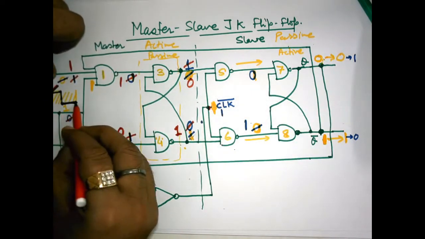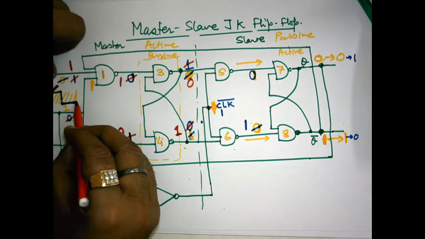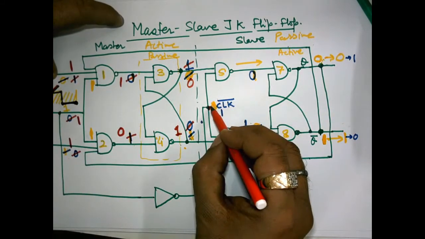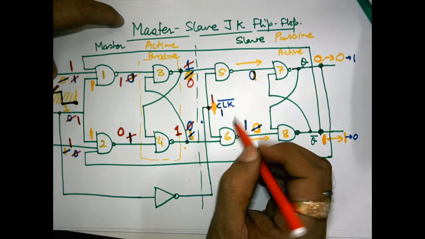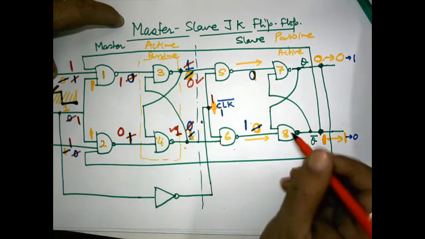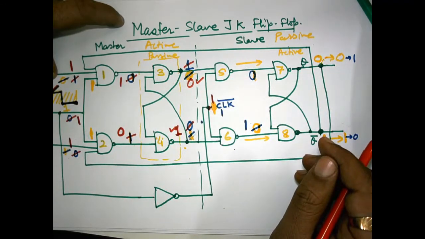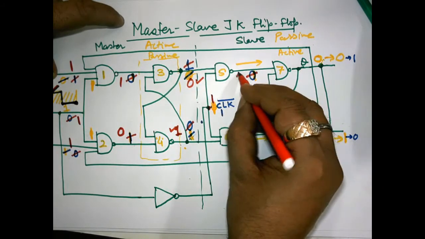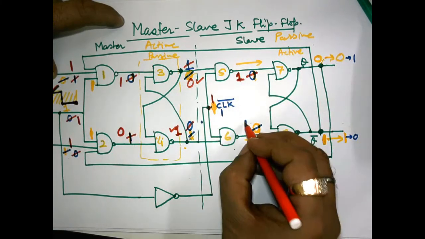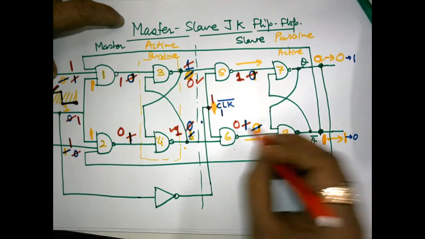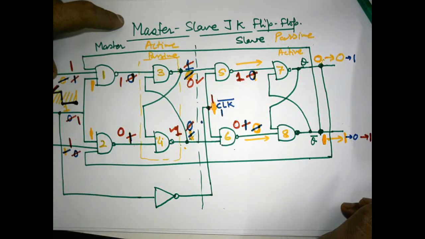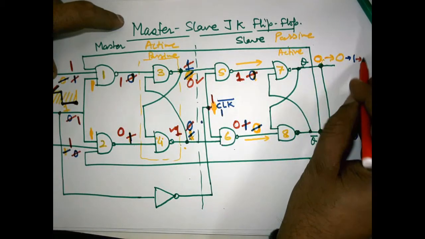Now imagine the situation when this time has arrived, that the clock becomes 0, because it is a cycle. Sometimes the clock will be 1, and sometimes it will be 0. So when the clock becomes 0, this becomes 1, and now the available inputs at this point can flow forward and make any change. So this 0 and 1 will make it 1, and this 1 and 1 will make it 0. Definitely this will be 1. Okay, getting my point? And this will be 0.